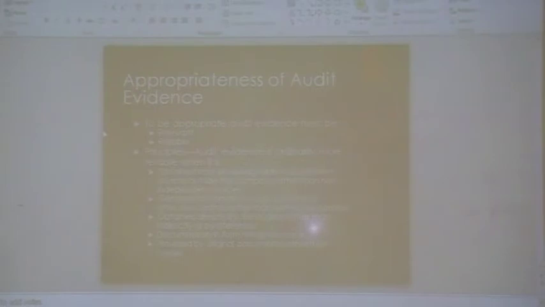And documentary: external, cut-off bank statement, external again, purchase invoices, internal, sales invoices. Then client representation, the management representation letter. That's management actually telling you information, which isn't as good as having outside information or going and seeing the inventory count being done yourself. We'll be going through management representation letters and looking at samples of them as well. Okay, so this is our audit evidence.